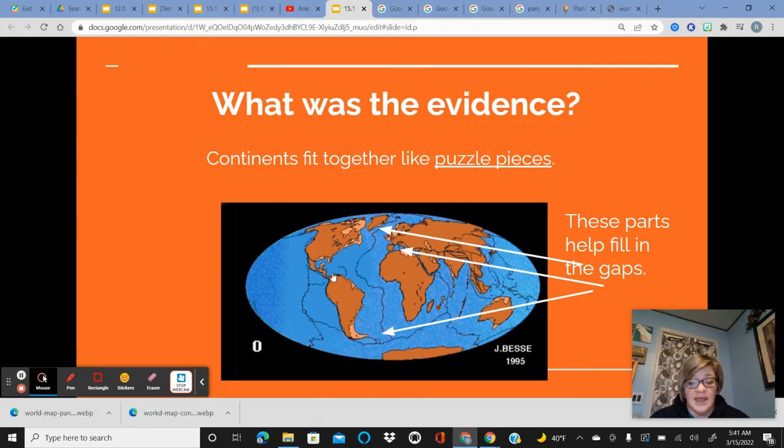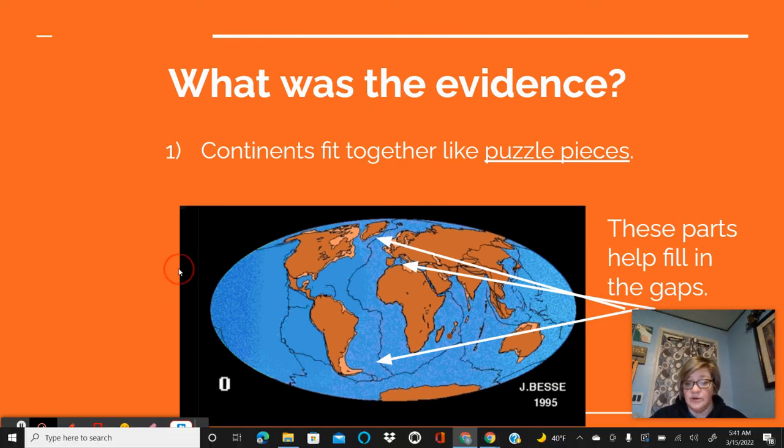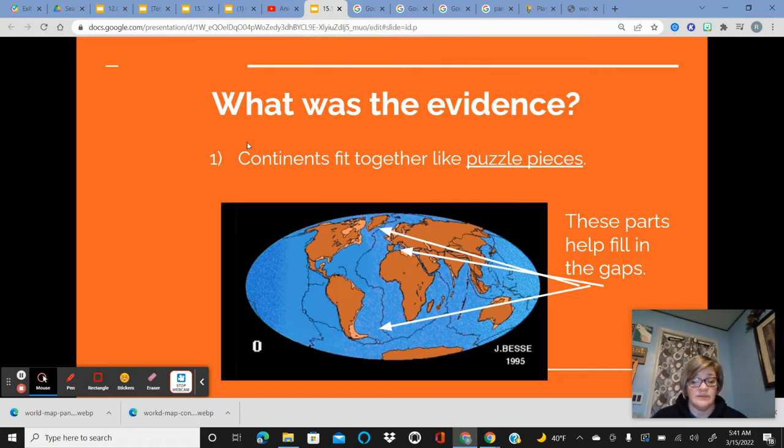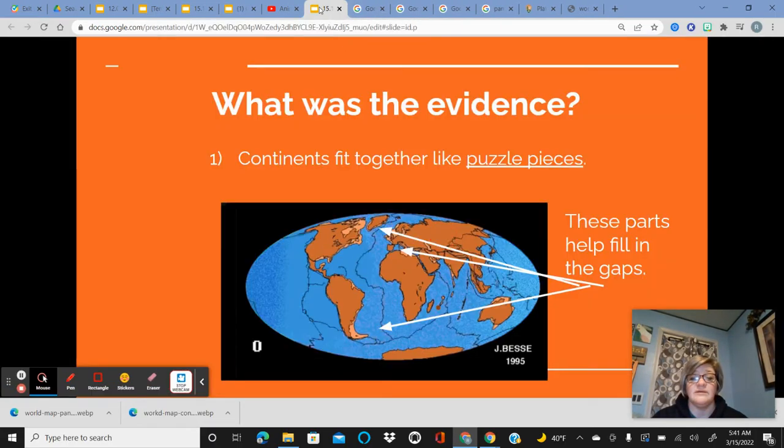Okay. And it's looking at a map of that made Alfred Wegener think that these pieces fit together. And that those pieces are not actually seen on land. That map that he was looking at, that map he was looking at,